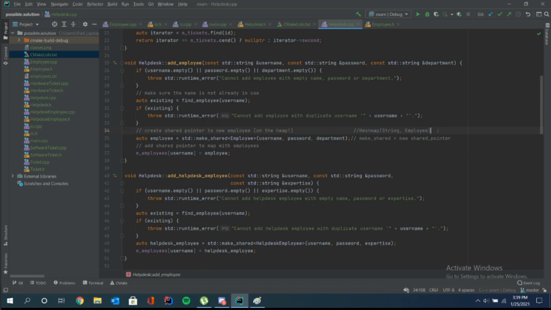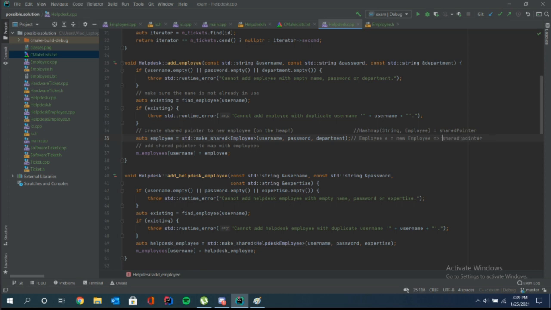Okay. So this is actually equal to shared pointer. I mean, not the map, but the employee declaration here. Right? So instead of saying employee equals new employee, you just say,